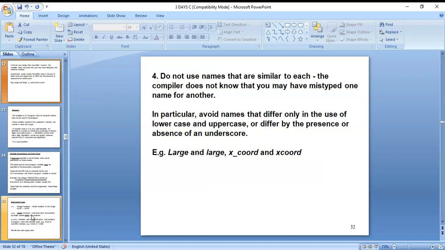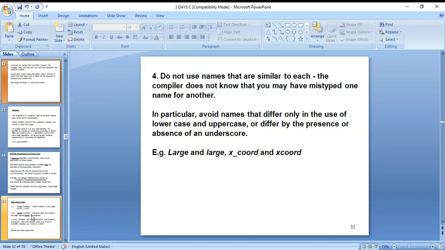In particular, avoid names that differ only in the use of lowercase and uppercase, or differ by the presence or absence of an underscore. You can see here Large and large, or x underscore code and x code.